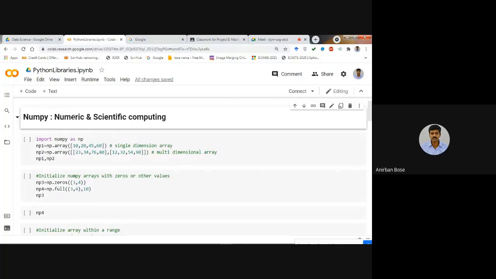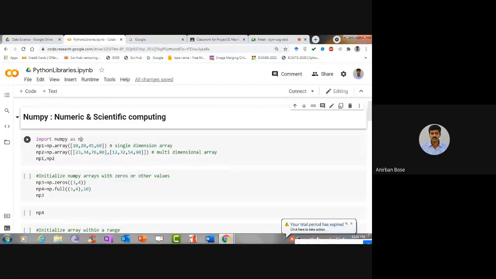So what we have to do to use NumPy is first shorten the name of NumPy. Otherwise, every time we have to write this whole word NumPy. So what we write is import numpy as np. This is basically a shortcut name given to NumPy. Instead of np, you can write any other shortcut name also, but it is a convention that people generally use np to represent NumPy.